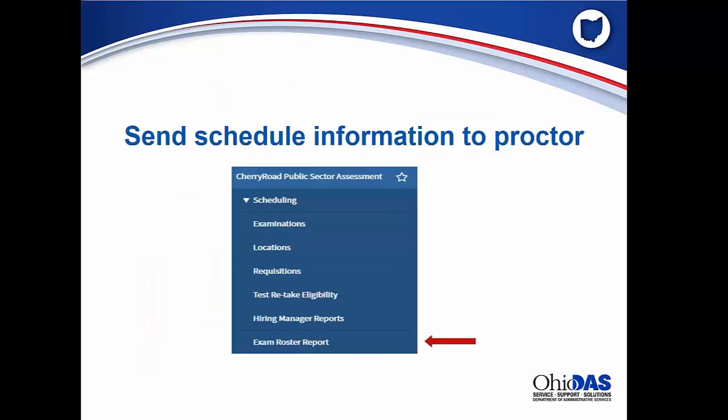All right, so let's talk about sending schedule information to a proctor, and then it might be even keeping it for yourself or sending it to somebody else. But in this section, we want to produce a roster from CPSA that gets sent to the proctor, and essentially the proctor should know who's coming for the test and when, so that he or she can ensure that they've come or mark them as a no-show, input the score, the raw score, even input any schedule changes,